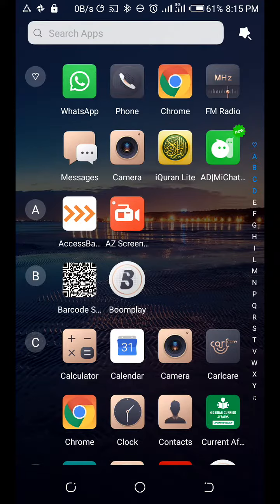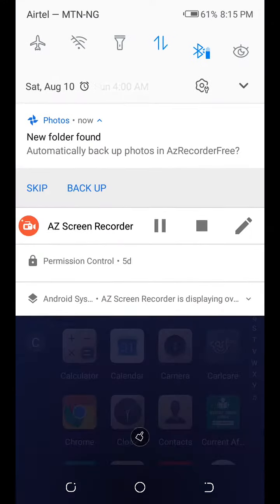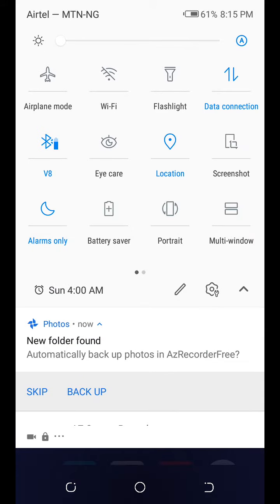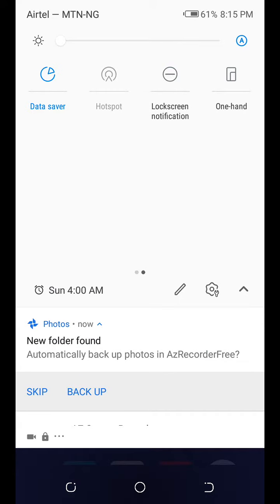In setting up a simple wireless connection using your Android, what you do is to draw the curtain down, go to Hotspot. But you can see that there is data saver up here. This data saver, if it is on, your hotspot will not come on. By the time it is on, when you try to on the hotspot, it will not allow the hotspot to